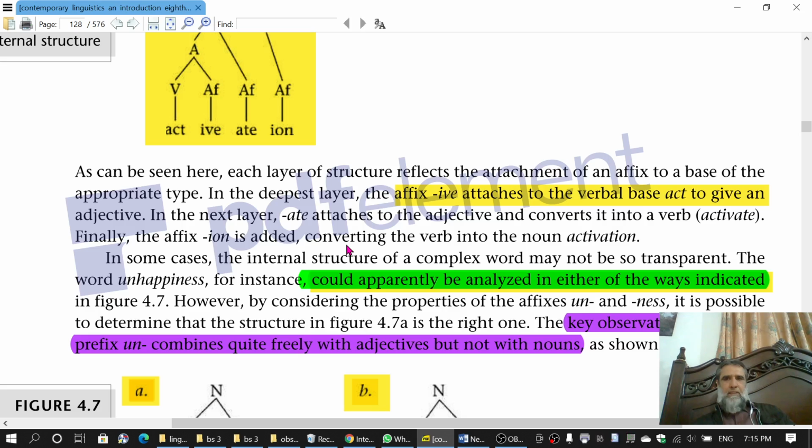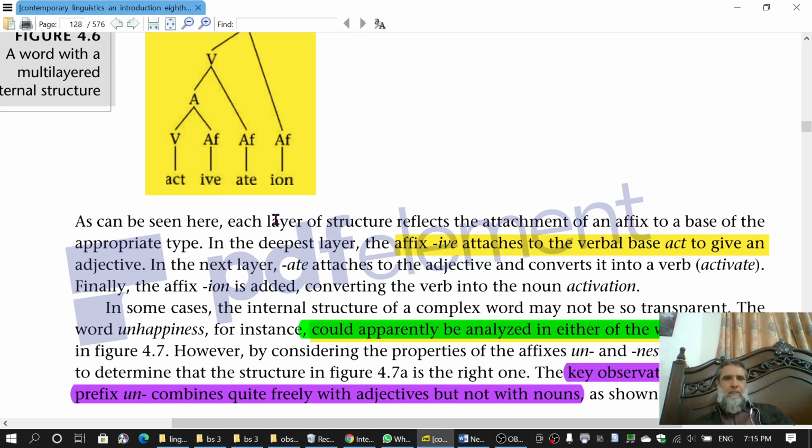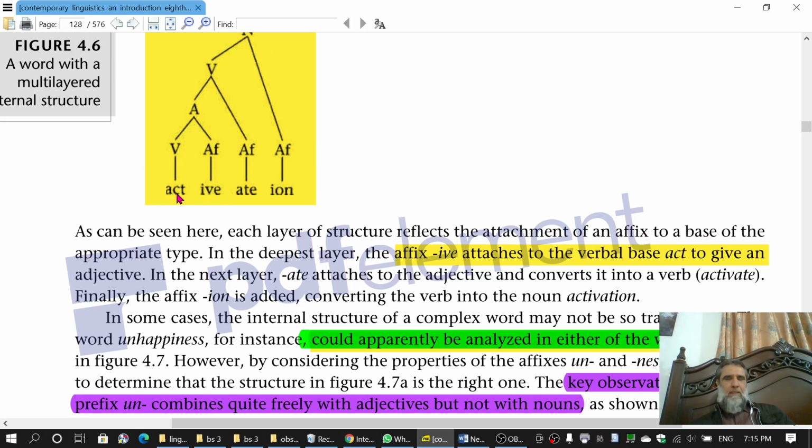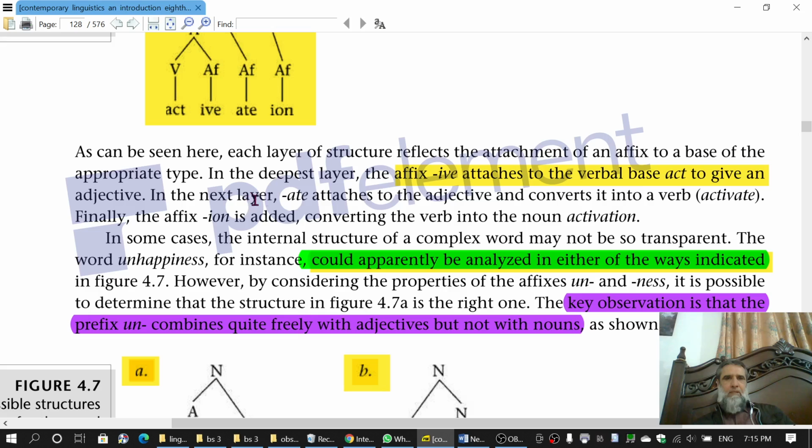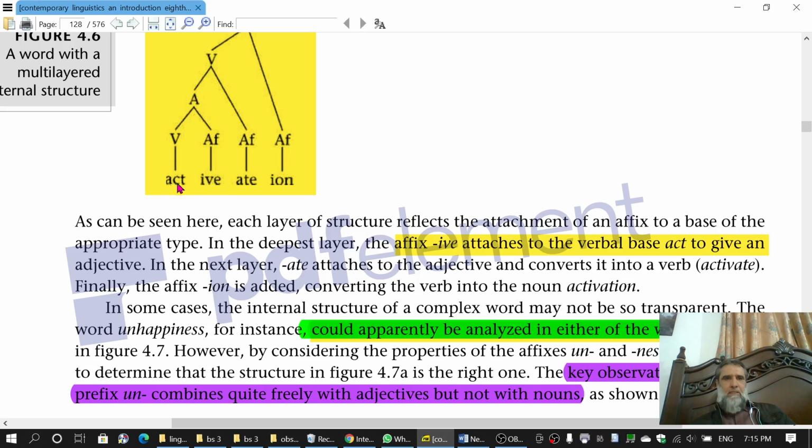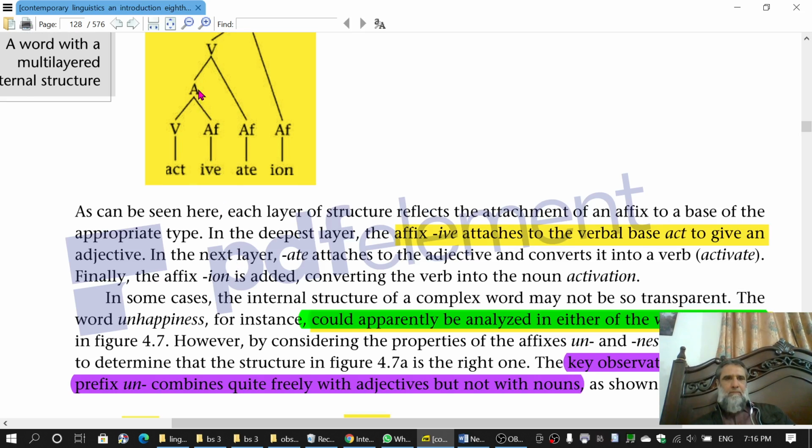तो ये अटैचमेंट जाहिर करता है of an affix to a base of the appropriate type. Appropriate type यहाँ पे act है, इसके साथ IVE, यहाँ पे active है, इसके साथ ATE, यहाँ पर activate है, इसके साथ ION। ये appropriate का मतलब है मुनासिब। In the deepest layer, the affix IVE attaches to the verbal base act to give adjective. और डीपर से मुराद ये, act अगर हम ले लें तो इसके साथ IVE लगाया है, इससे active बन गया है जो कि एडजेक्टिव है।